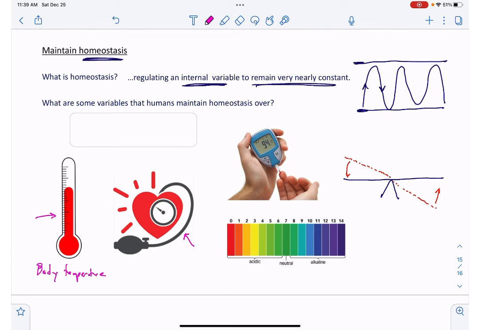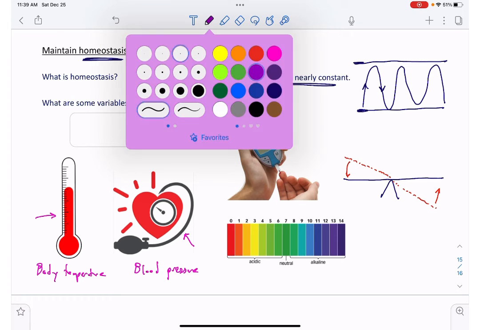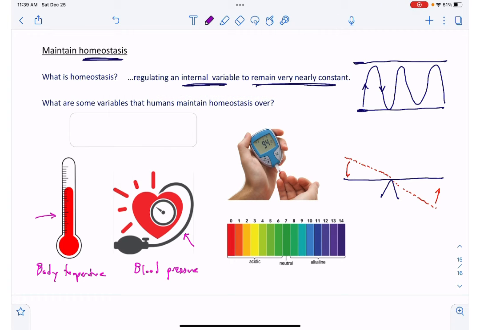What variable is this referring to? Blood pressure. We need to maintain an adequate degree of blood pressure. And why is that important? What happens if blood pressure